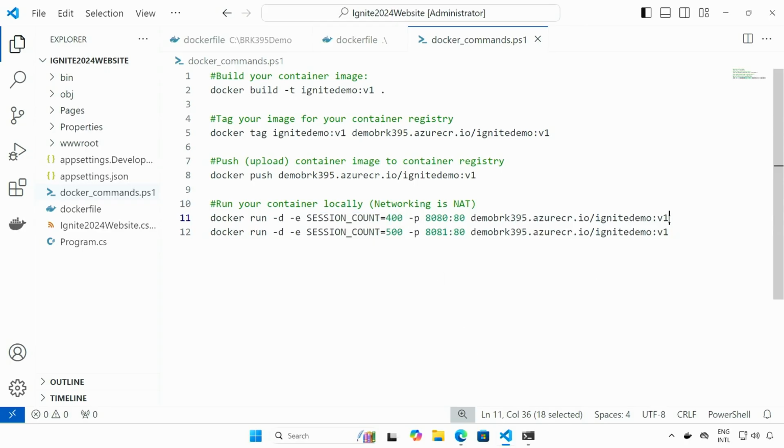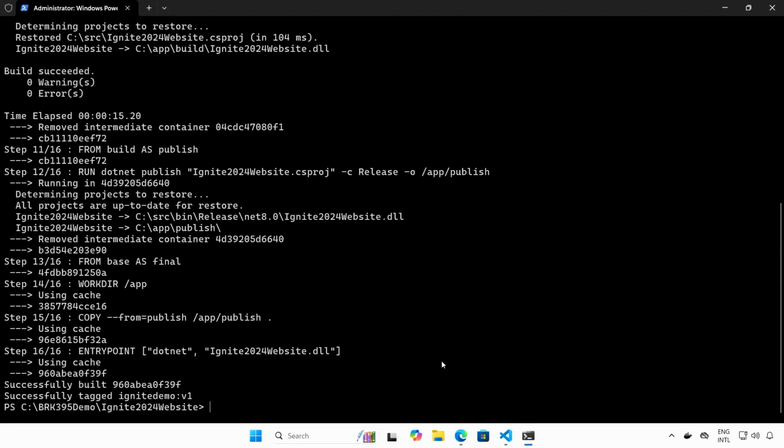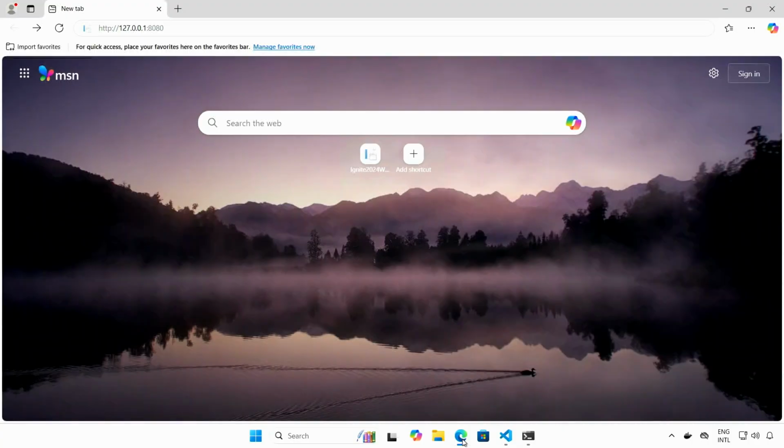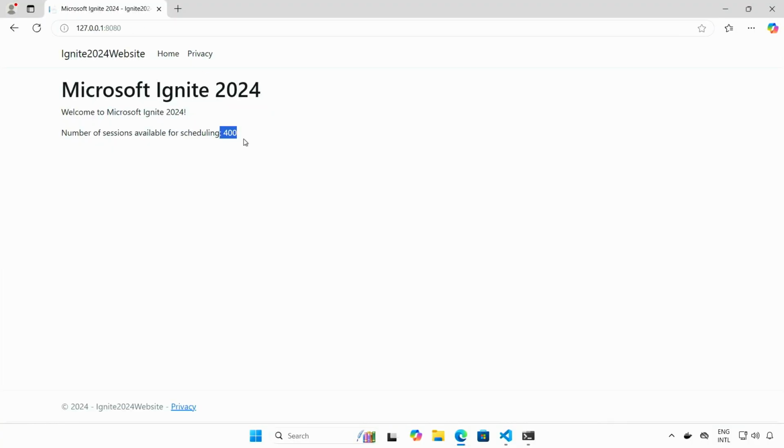So when I run this container, it's going to create a new container and pass that the information is 400 sessions. Because I'm using my local machine, I am mapping ports between the local machine and the container. If I go here and open port 8080, you can see that we have 400 sessions available for being scheduled.